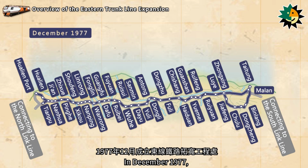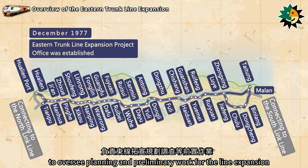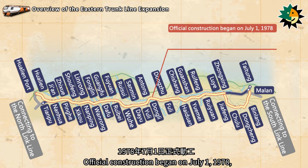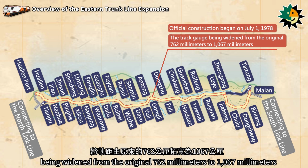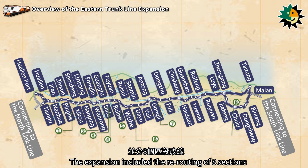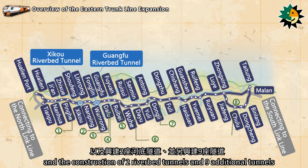In December 1977, the Eastern Trunk Line Expansion Project Office was established to oversee planning and preliminary work for the line expansion. Official construction began on July 1, 1978, with the track gauge being widened from the original 762 mm to 1,067 mm. The expansion included the rerouting of 8 sections and the construction of 2 riverbed tunnels and 9